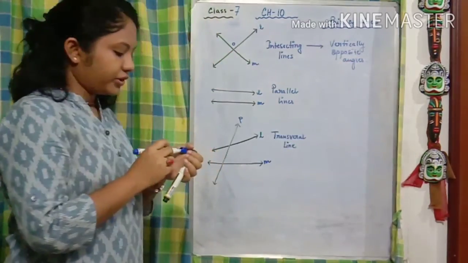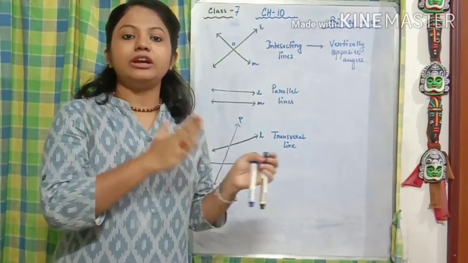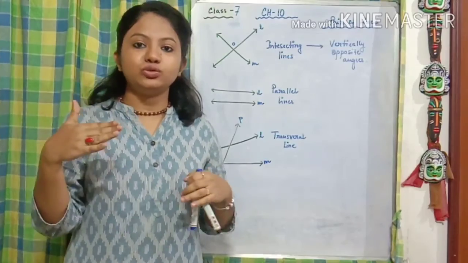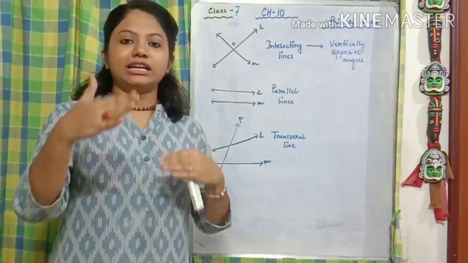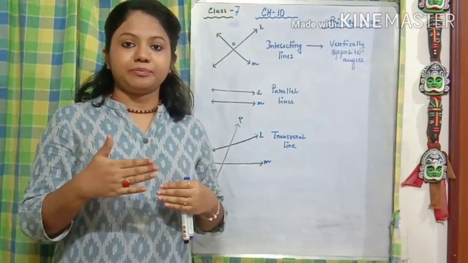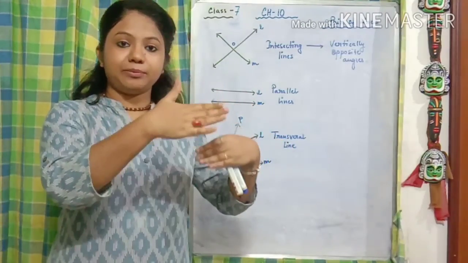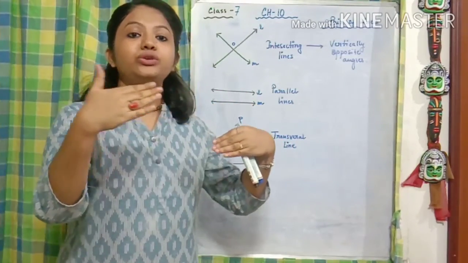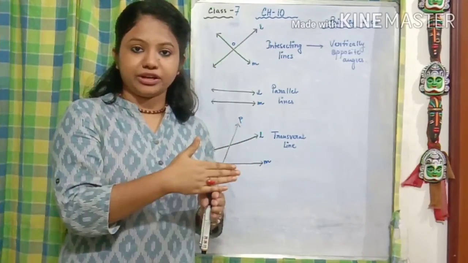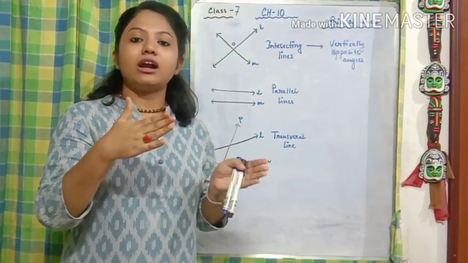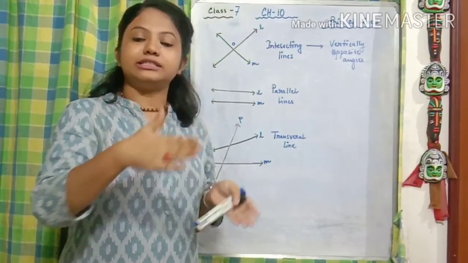After this, we are going to talk about the parallel lines. Now, what does this term parallel stand for? Take a railway track: two straight lines going side by side, and they are not going to intersect or touch each other at any point. Those lines are called parallel lines, when they maintain a certain distance between each other.